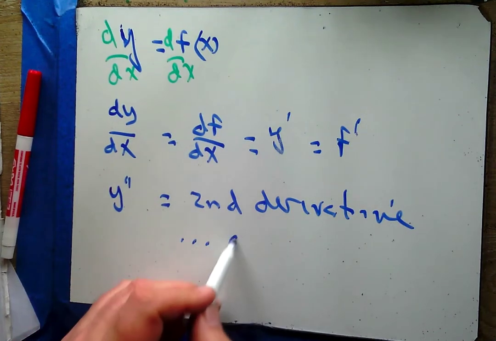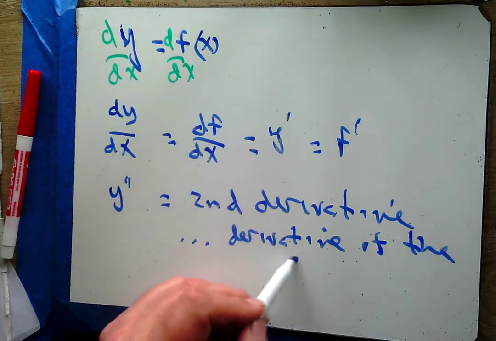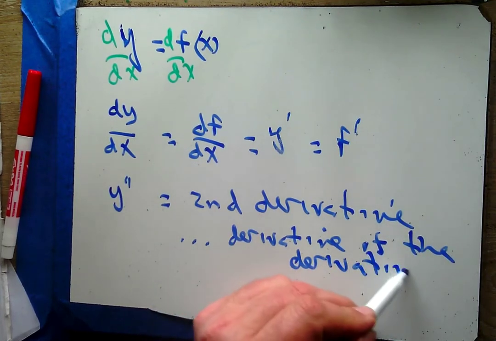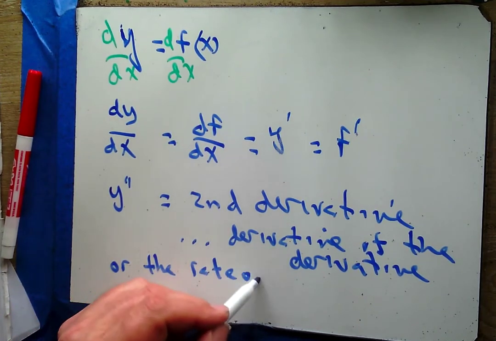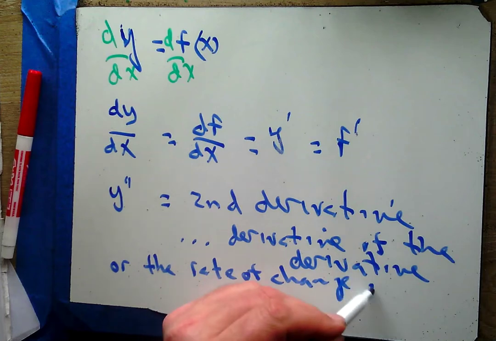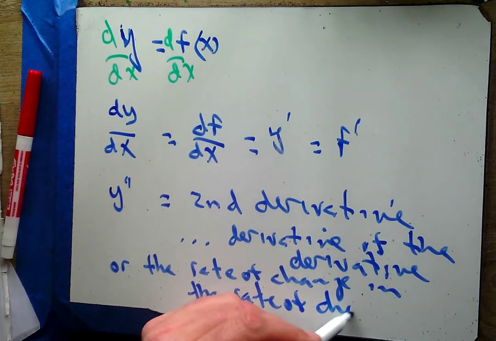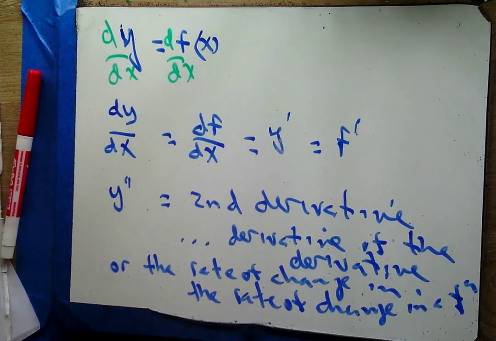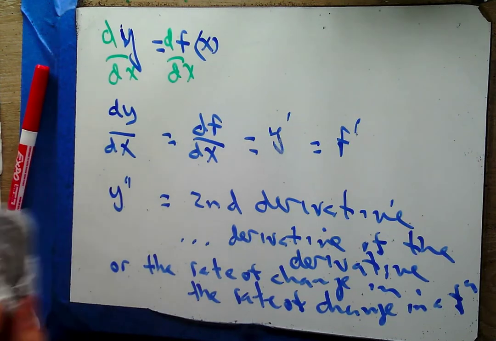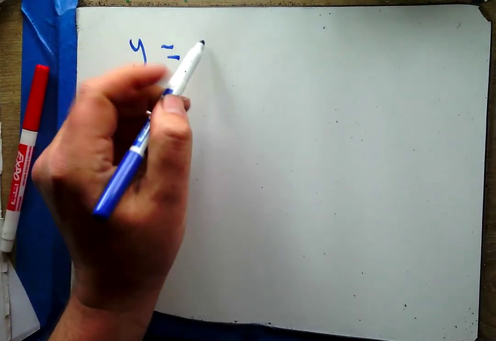It's the derivative of the derivative, or the rate of change in the rate of change in a function. Okay? Now, that may seem like I don't understand what you're talking about there, Coop, but don't worry, you will in time. What you need to be able to do is, given a function,